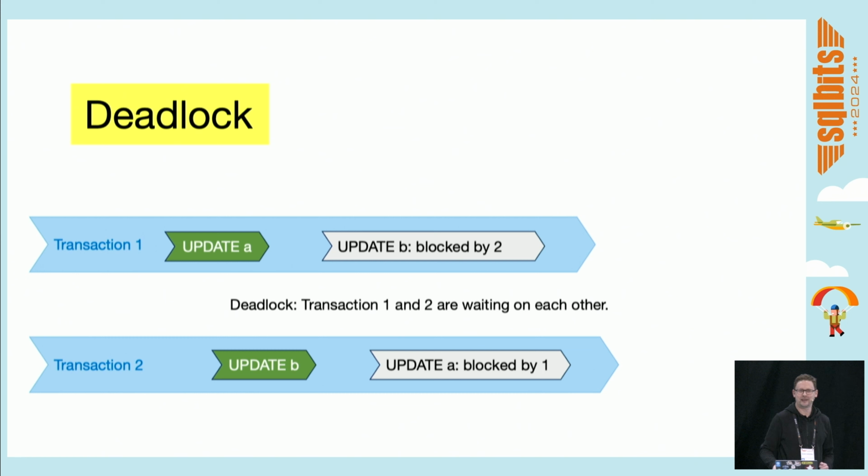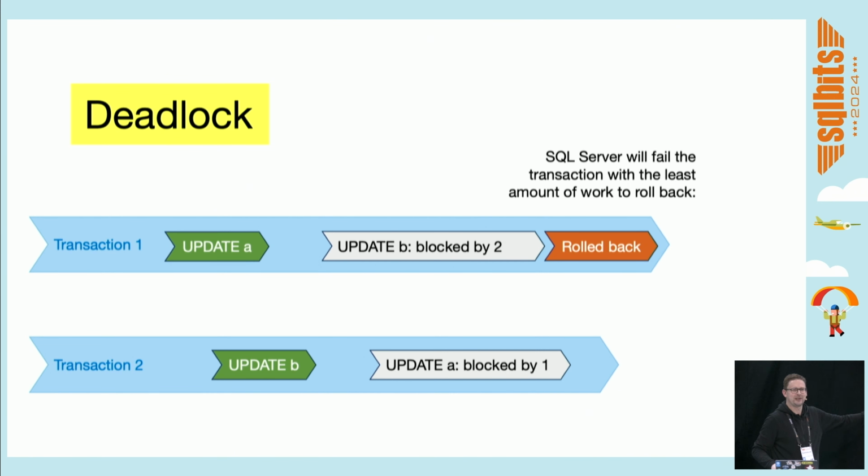What happens is SQL Server's way of cleaning this up, it has like a night watch guard patrolling the area. So this agent, I forget the name now, patrols the SQL Server databases, looking for blocked threads that are blocking each other. And when it finds a deadlock, it's very, very pragmatic and unsentimental about it. It will find that one transaction has done the least work, that is the easiest to roll back, and just kill that transaction.